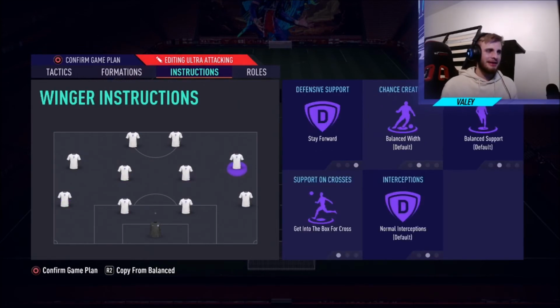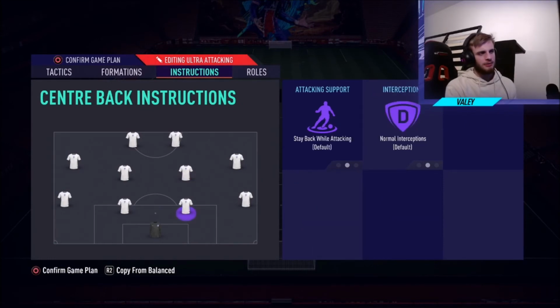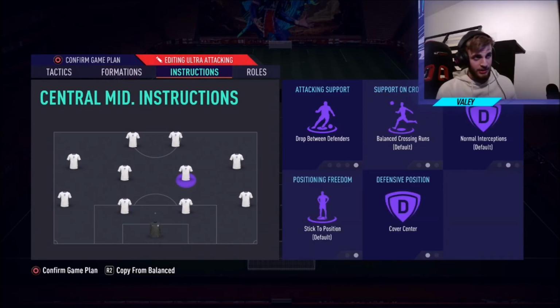Now this is where it's different. I have my more defensive CDM as drop between the defenders, cover centre. So you are sort of manipulating it to be a bit more like a free back. So like I said, for me, this would be Renato Sanchez. It'd be nice and defensive. So I attack with 7 players, but I still have 3 back to cover the goalkeeper and help in